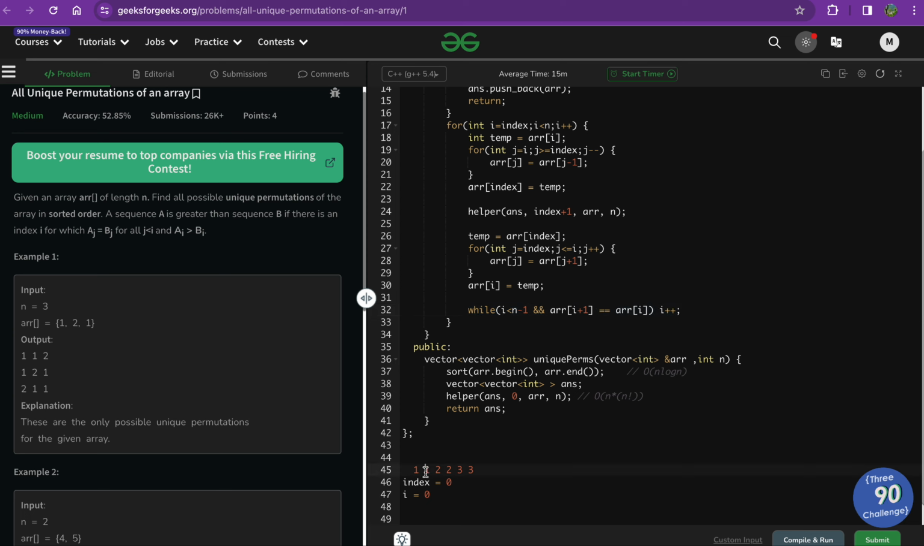So I don't want to swap with this one where i is equal to 1, so I will directly increase my i, so it will become 1, and then with the for loop it will become 2, so I will directly jump to 2. So at 2 I will swap, and the new array will become 2 1 1 2 3 3, right? So I skipped that thing, and because of that I will not get a duplicate array. So this is for removing the duplicate array